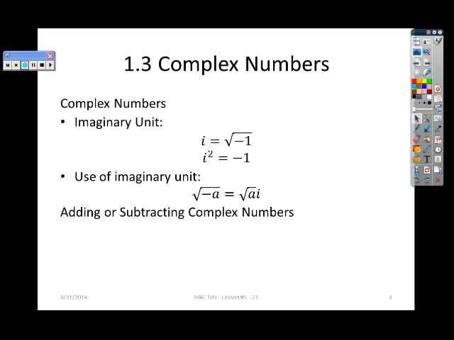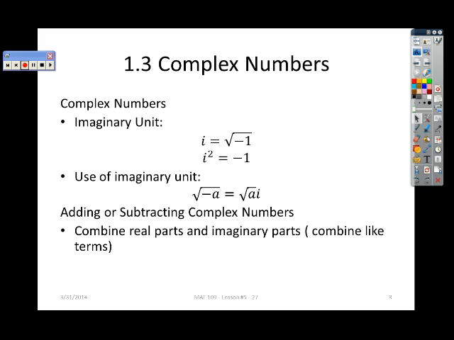If you're going to work with complex numbers, the first thing you need to do is to put them into what's known as the a plus bi form. Real part plus a number times this letter i. All complex numbers can be put into that form. To do any kind of arithmetic on those, make certain you put them in that form first. Once you have them in that form,